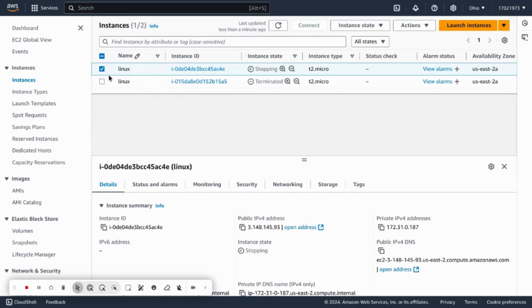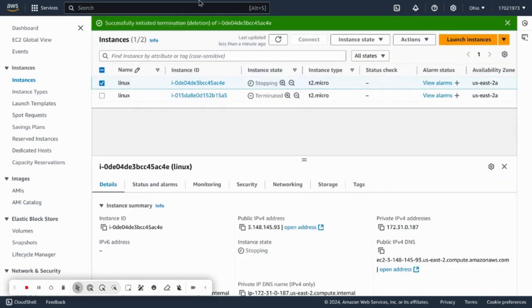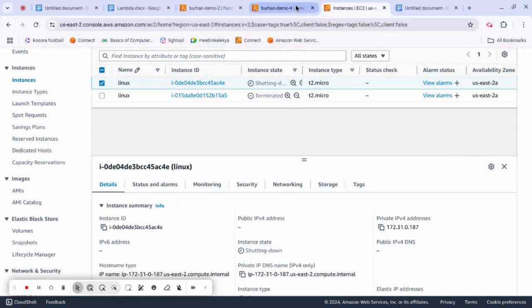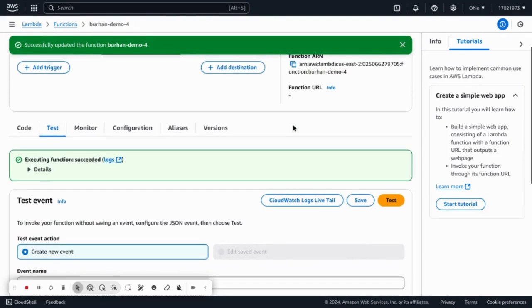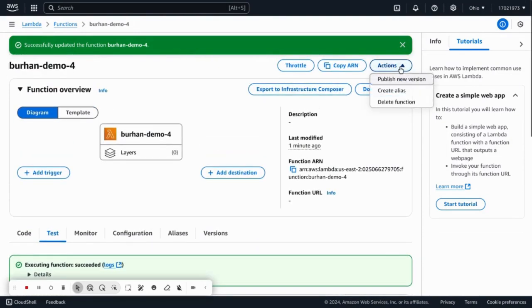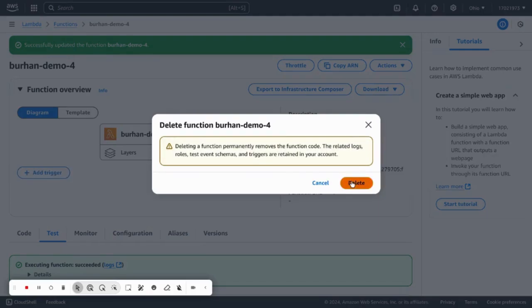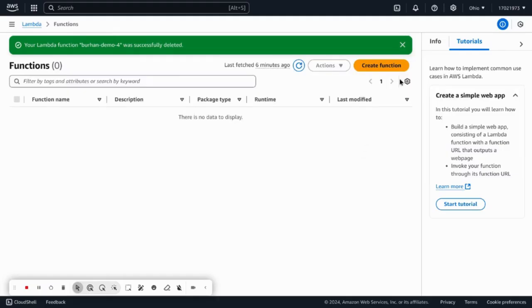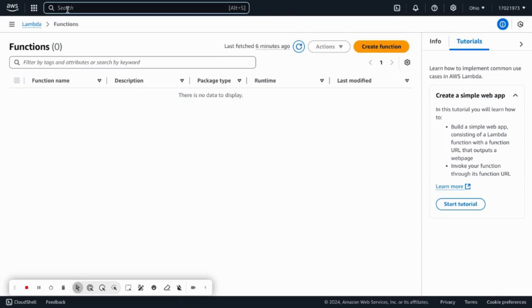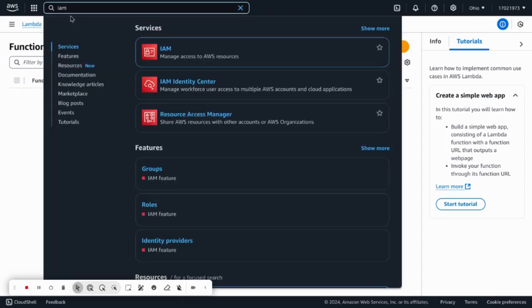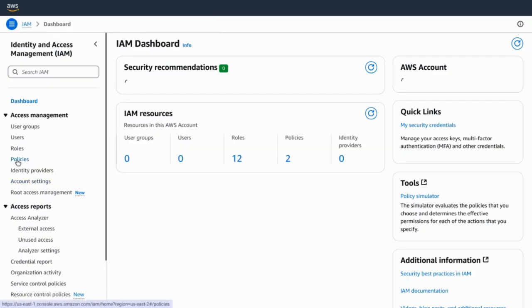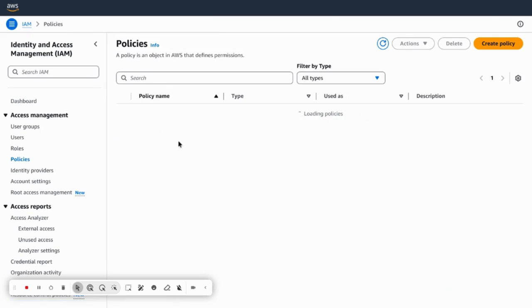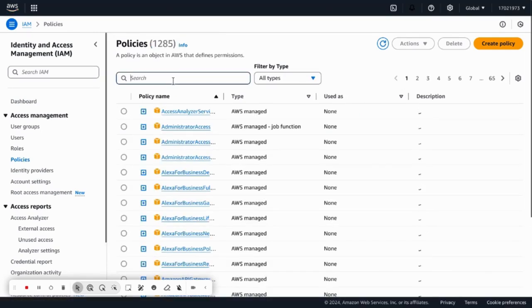So what we've got to do is we need to delete the instance, terminate the instance, so that we can close off now. So we go back to function, actions, delete the function. So the function is deleted, and we go back to IAM. We need to delete the roles and the policies. If we delete the policy that we created,